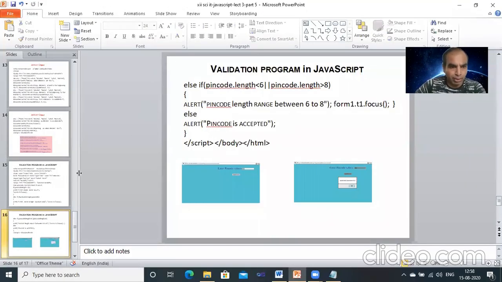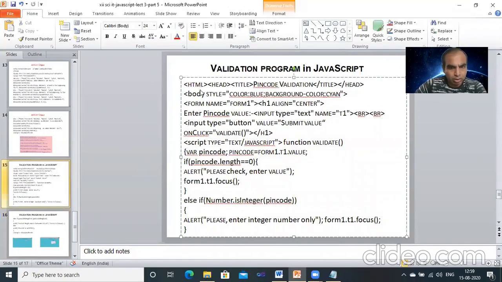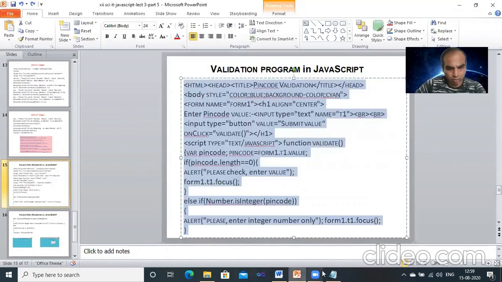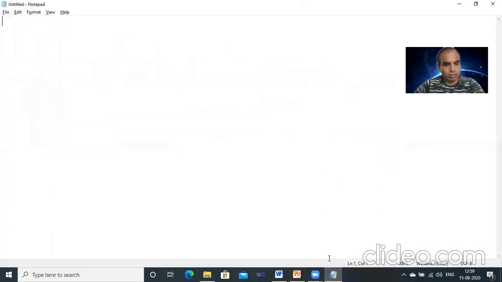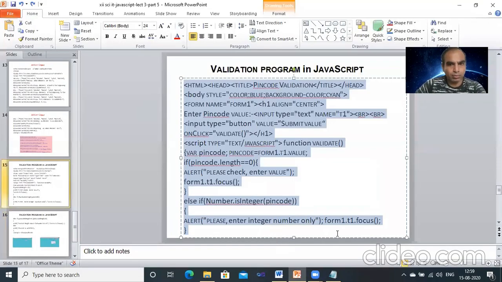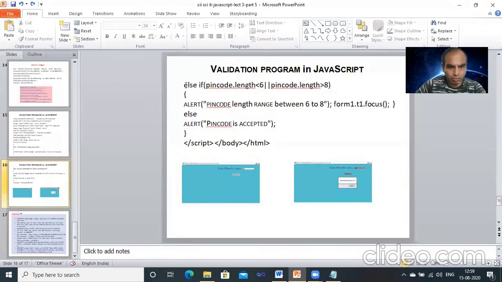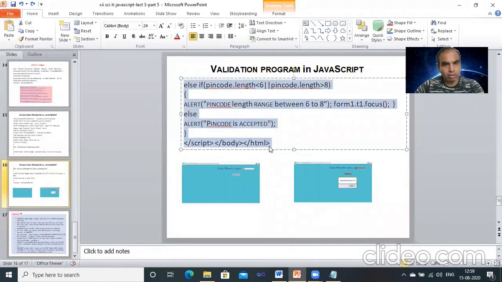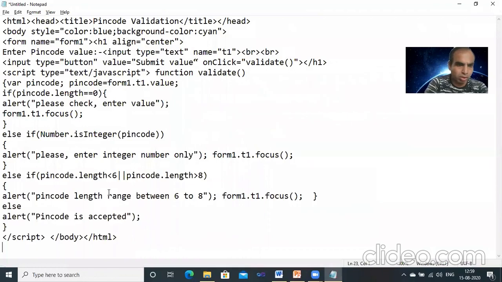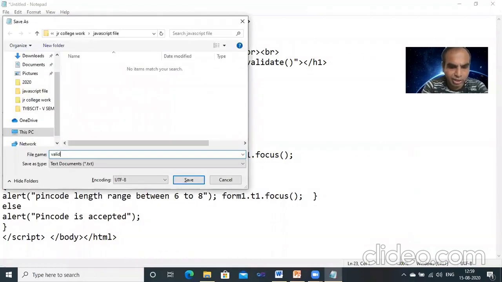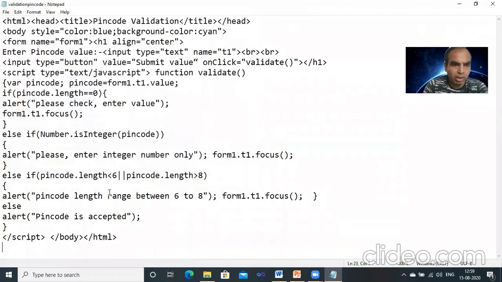Let's see the example. File, save as, validations, pin code dot html, all files, save it.